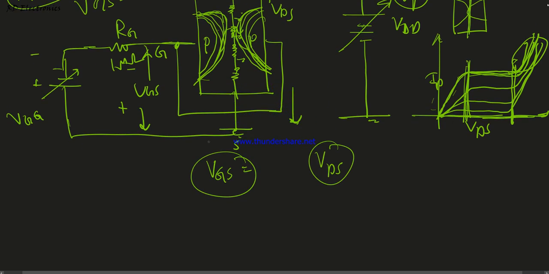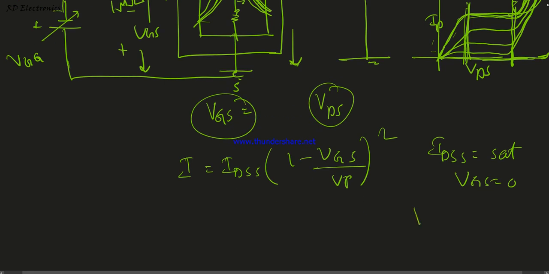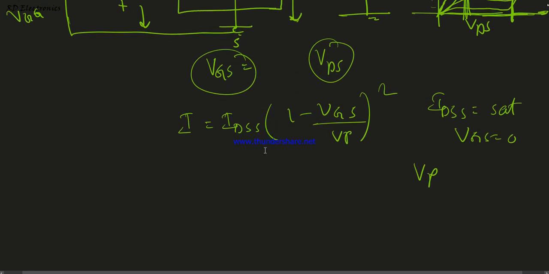And now this is the current voltage relationship of the junction field effect transistor, where IDSS means drain to source saturation current when VGS equal to 0 volt. Okay, and this VP equals the pinch off voltage. And if we plot this graph, this is known as the transfer characteristics. Here we plot minus VGS, and here we plot ID. So it looks like this. So this is the value of 0. So here we get two coordinates. This coordinate is where the voltage is equal to 0 but the current is maximum.